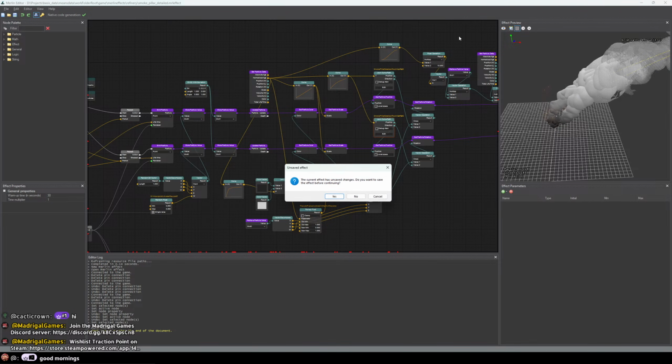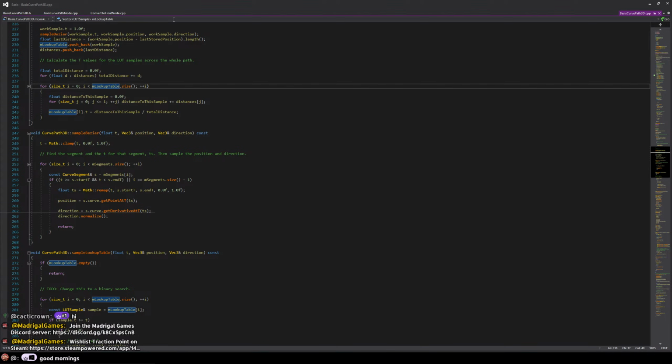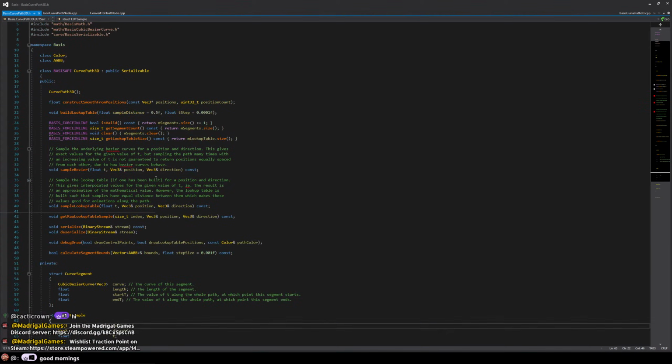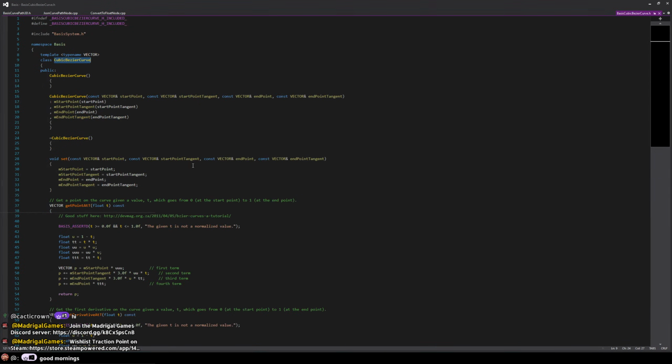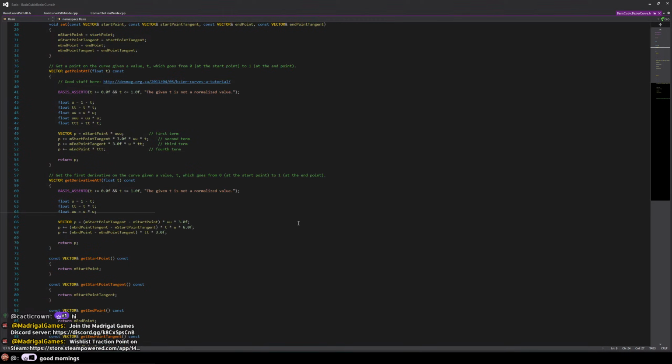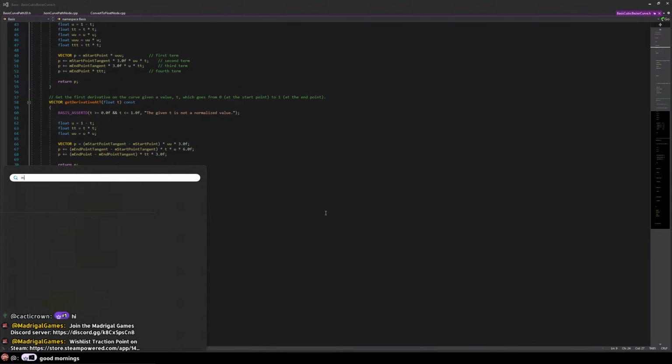So let's shut this down for now. The thing we need to do, even before we can do this curve path 3D, is implement cubic Bezier curves in C#. So this is the thing that actually does the math, right? Each segment between two points. So if we have